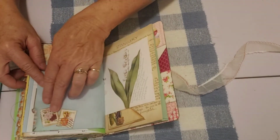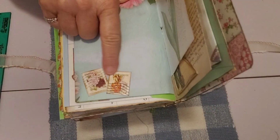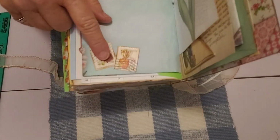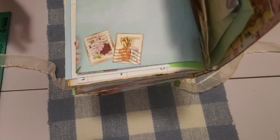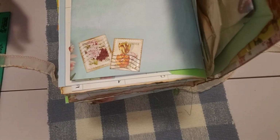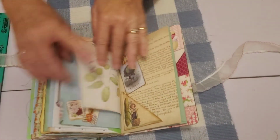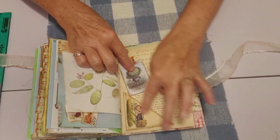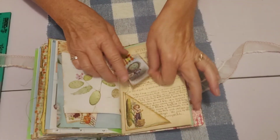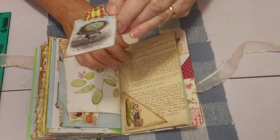And here this is a piece of the stationery, but I used a couple of used postage stamps here that I had in my stash that had really pretty flowers on there, and I thought that was just perfect on that page. So that came out really pretty. And so the other pages from the book, Edith Holden here. This is a piece from the kit, really cute. I love those corner pockets, they are so pretty. And then here's Cabbage Man